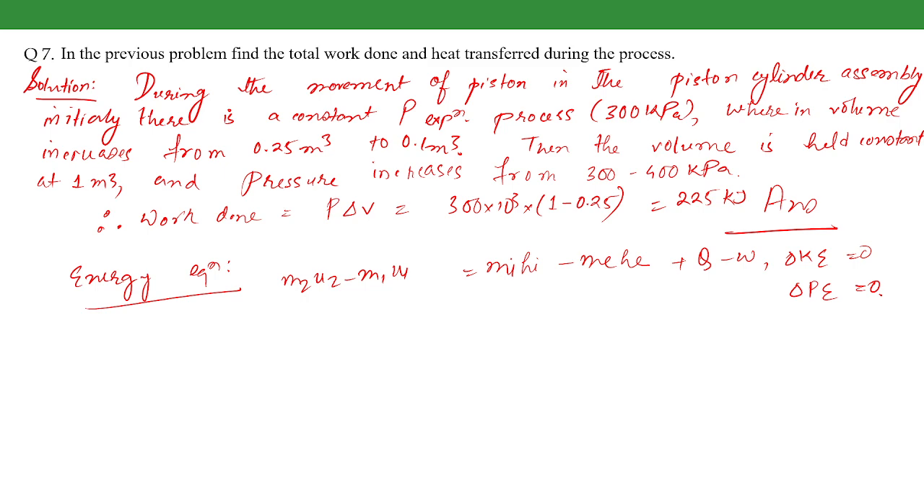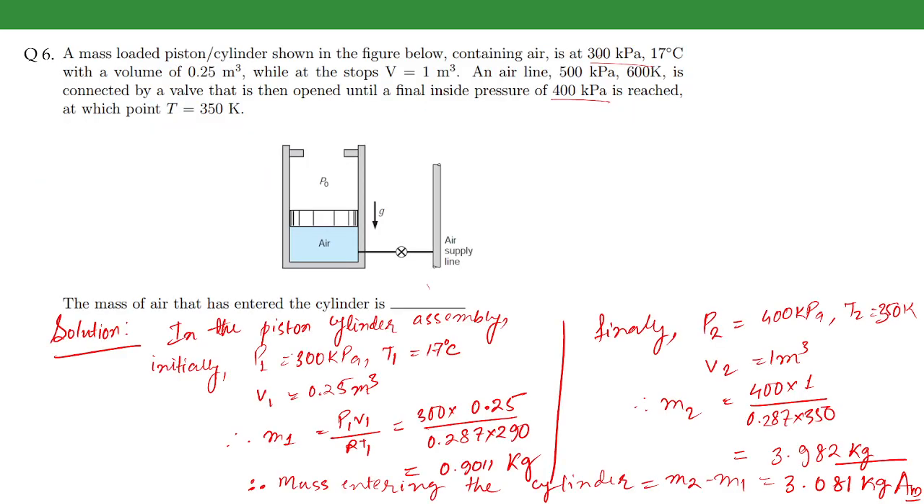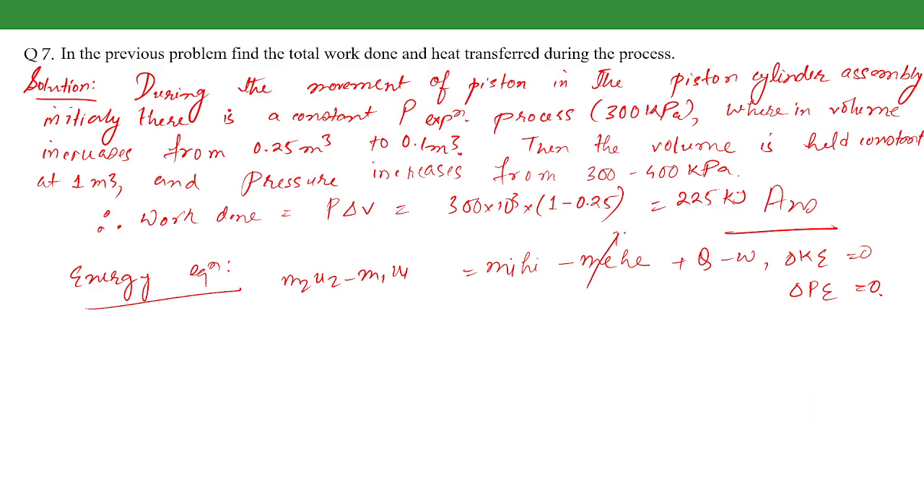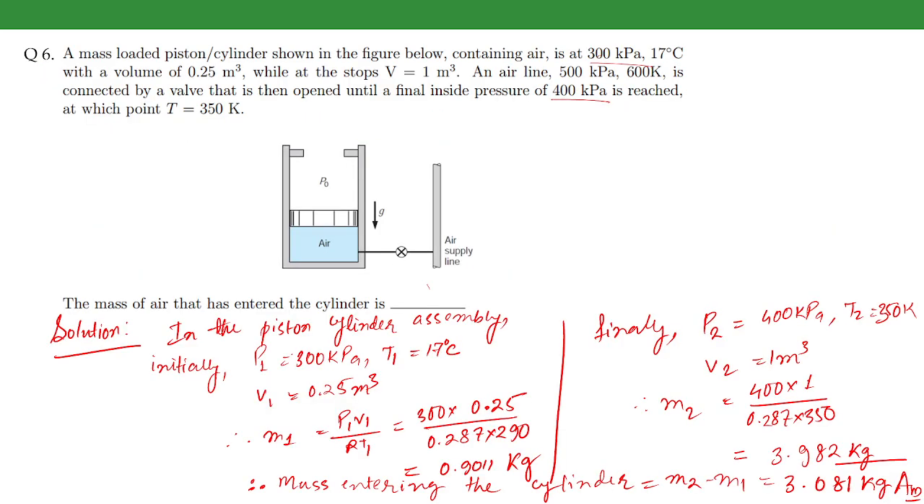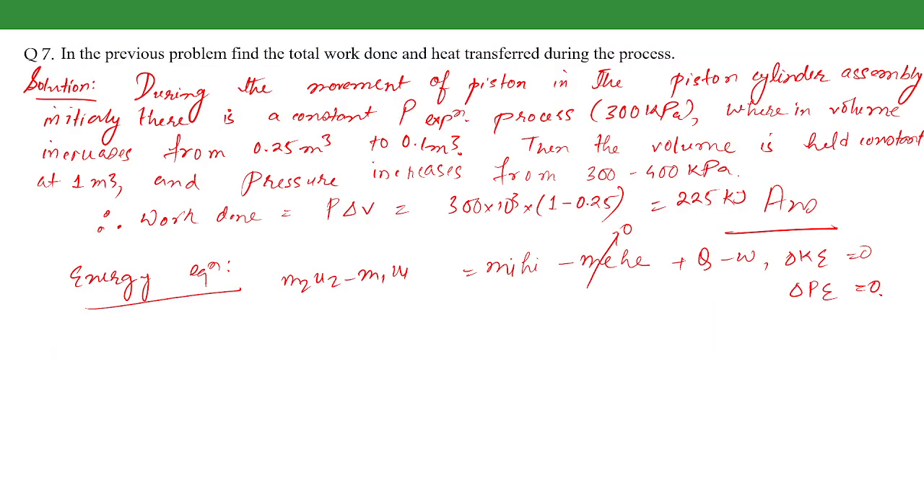And in this process, there is nothing exiting, and mi basically equals m2 minus m1. So the heat transferred is equal to W plus m2u2 minus m1u1 minus (m2 minus m1) hi. So if we put in the values,